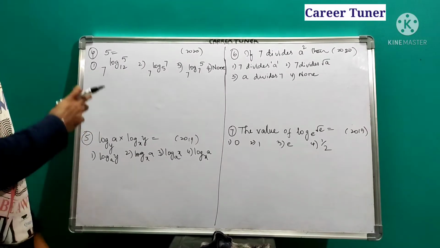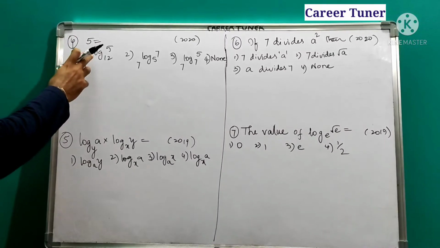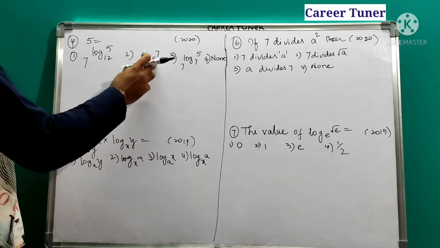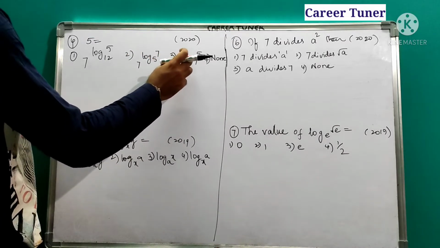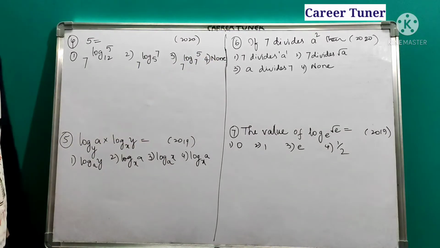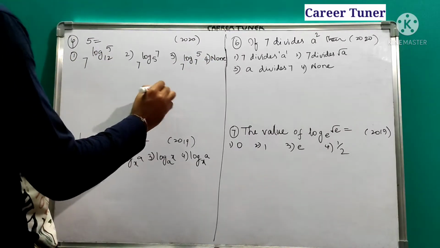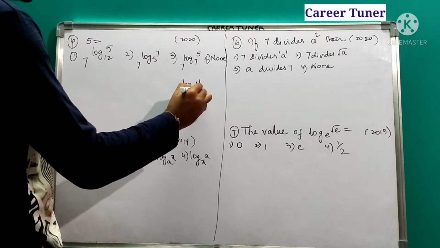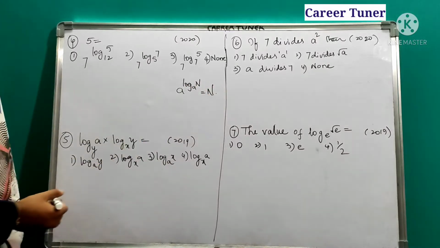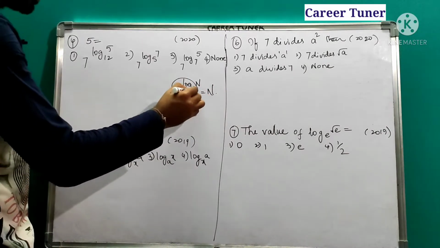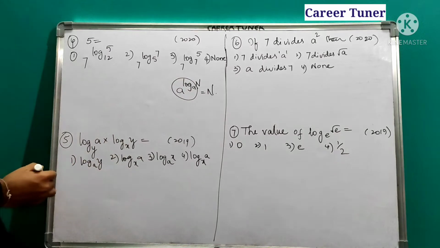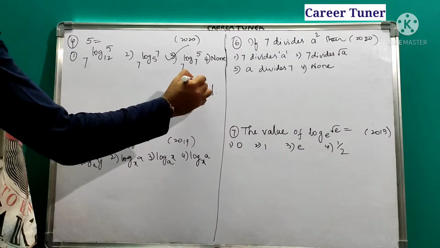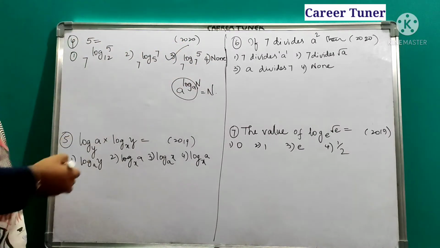So coming to our next question, 5 is equal to 7 power log 5 base 12, second option 7 power log 7 base 5, third option 7 power log 5 base 7, and fourth option is none. By looking at the options, I think you have remembered our formula. a power log n base a is nothing but what is the answer? n. So you see in this part, here it should be a and here also it should be a. So where are you getting the option? Third option. That's it. Then we will get n as our answer. So here 5, here also we will get 5 as the answer.